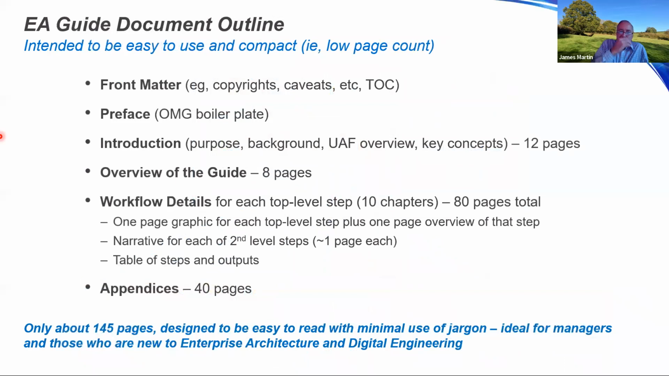The guide document has this outline. We have the obligatory front matter that OMG provides for us to put in front, such as the boilerplate, all the copyright information, and so on. So we do provide about a dozen pages for an introduction. The guide is meant for non-modelers, non-architects, non-engineers. So we try to use plain language, but you don't have to know anything about UAF to be able to read this and get an understanding of what's going on,